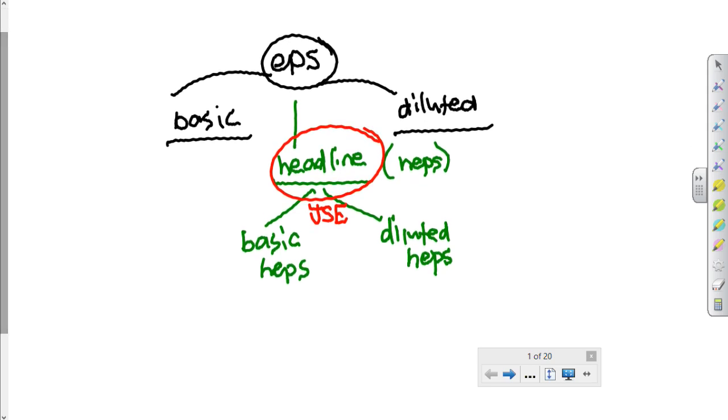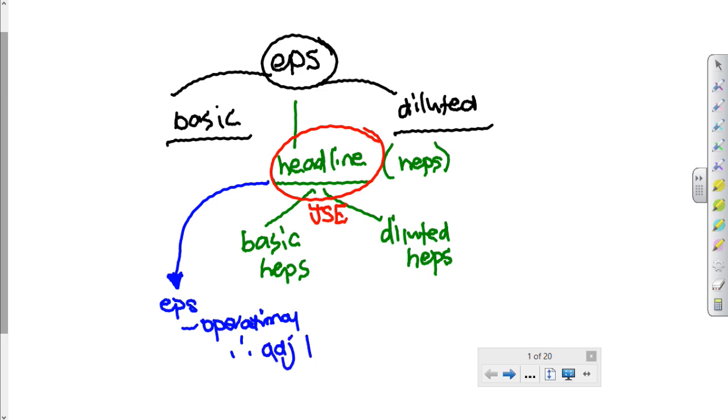In essence, headline earnings per share is really about disclosing an earnings per share that is operational in nature, and so we adjust the profit numbers for capital items,